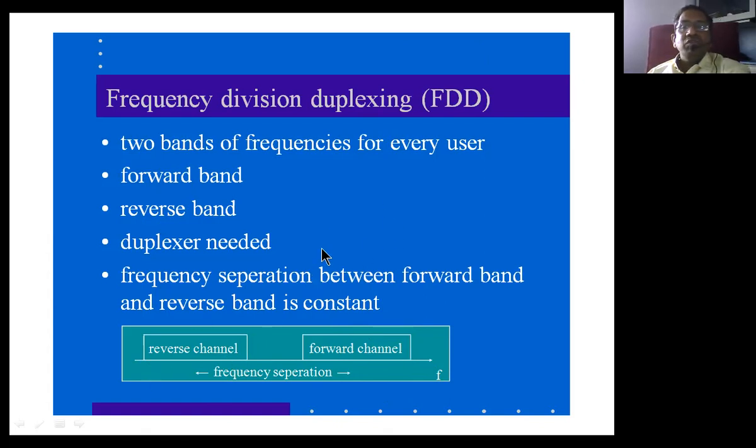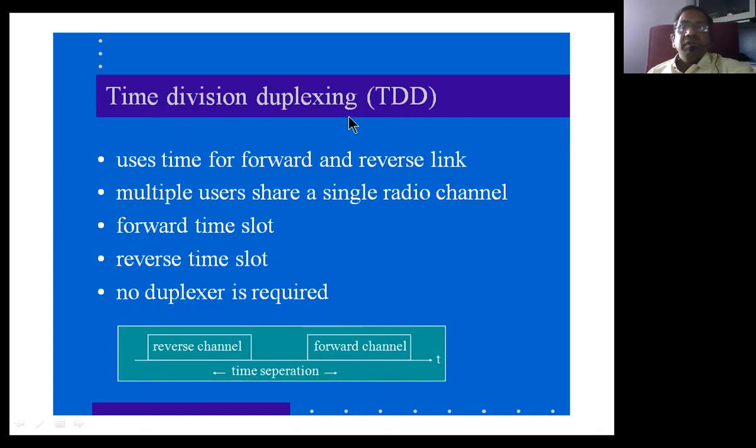Just similar to this, we have TDD, called time division duplexing, where two channels are simply given on the time axis. That means time slots are provided in the case of TDD, whereas in the case of FDD, frequency slots are provided. Usually this will be done at the mobile unit side. That means at the mobile unit side, we implement TDD and FDD. TDD uses time for forward and reverse links. These two are used for forward link and reverse link